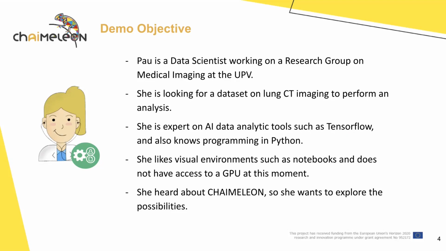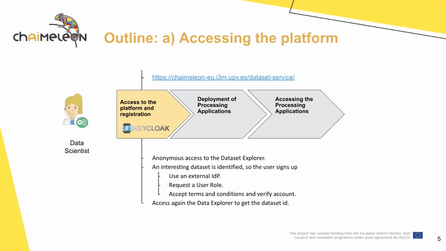So the demonstration will go through the following steps. First, Pau will access the system as an anonymous user. Then she will realize that there are datasets that are of interest for her activity. At this point, she will register in the platform by using her IDP from her institution, request a user role, accept the terms and conditions, and access again to get the data